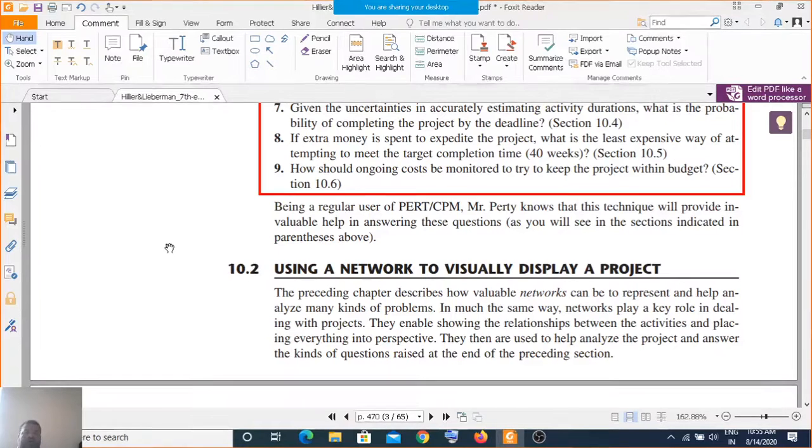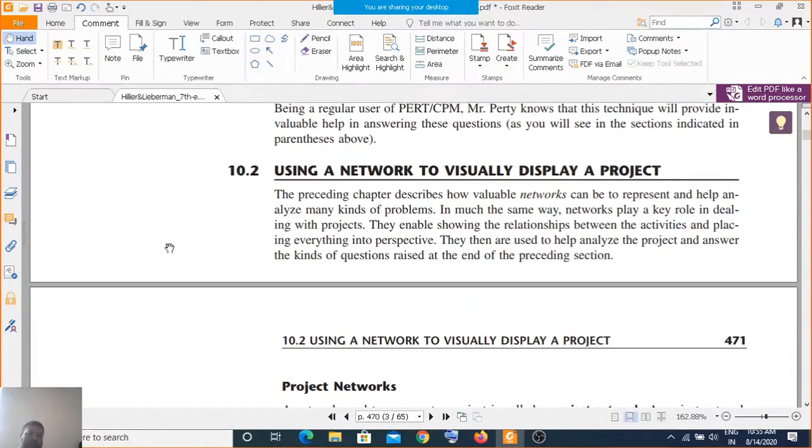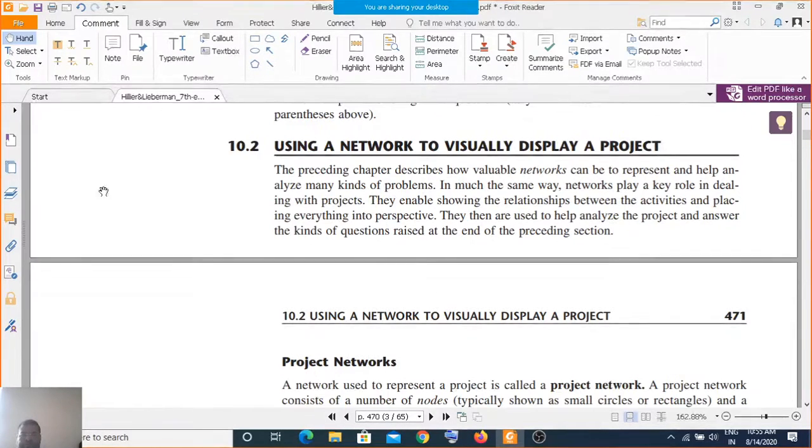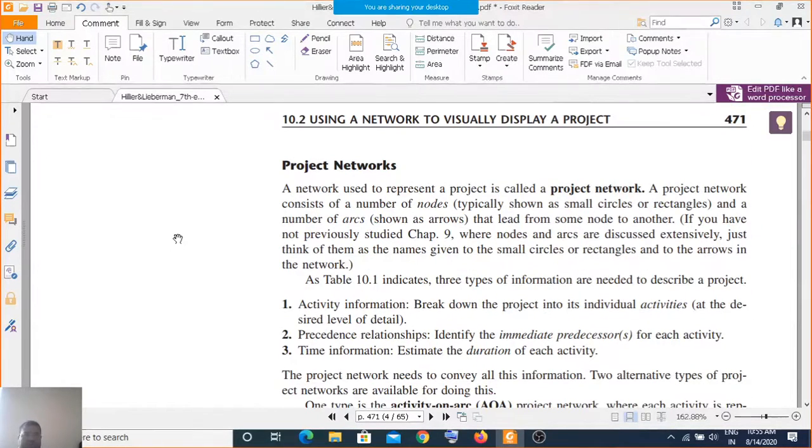So Purty is considered here as the regular practitioner of PERT or CPM, and so what will Purty do? He will build a network by referring to table 10.1 of these activities. So these activity project networks, PERT or CPM, are generally called project networks.